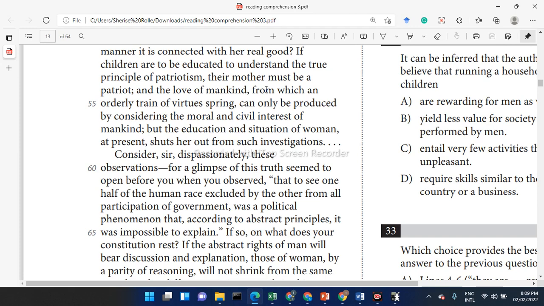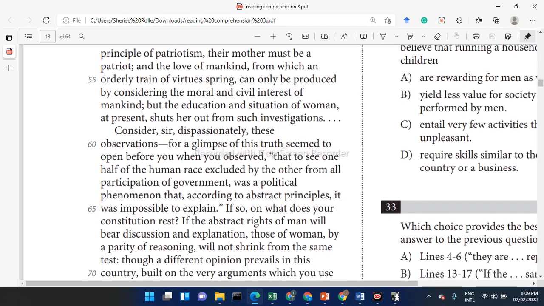Consider, sir, dispassionately these observations, for a glimpse of this truth seems to be open before you when you observe that to see one half of the human race excluded by the other from all participation of government was a political phenomenon that, according to abstract principle, it was impossible to explain. If so, on what does your Constitution rest? If the abstract rights of man will bear discussion and explanation,